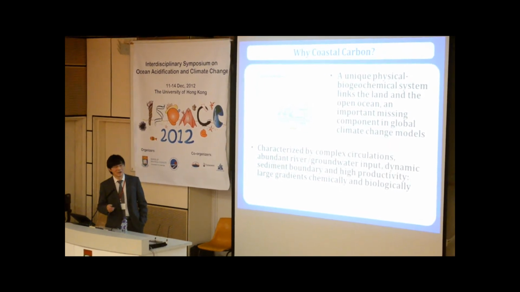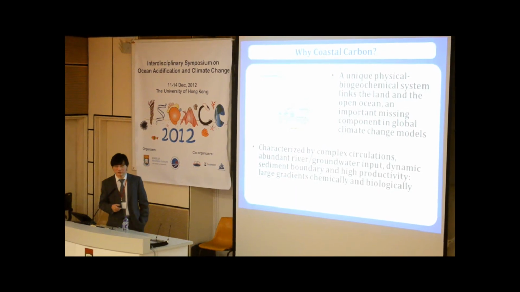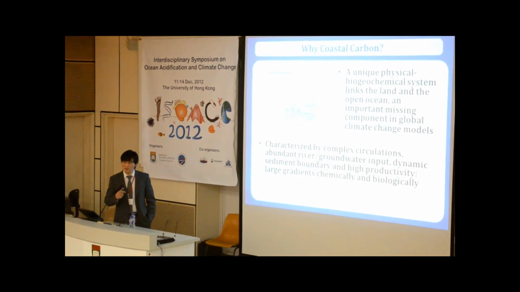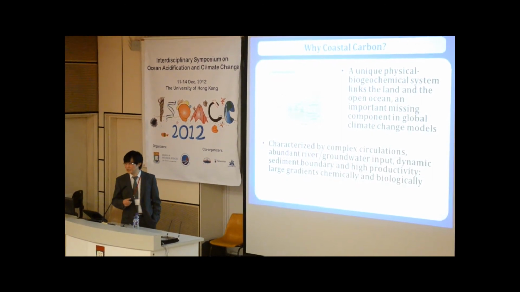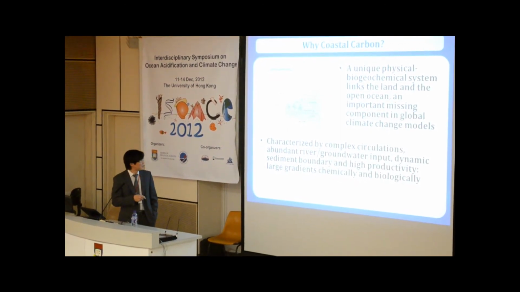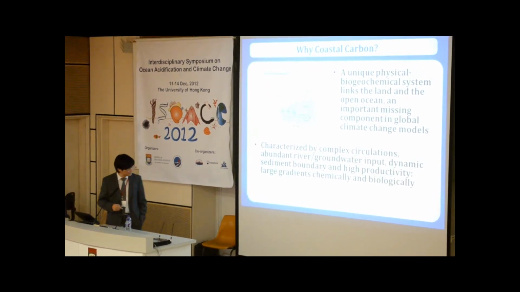Biogeochemical, biological, and chemical, and the geochemical system links the land and open ocean. If you look at the global climate system model, these components are actually very hard to include. At the same time, this is the coastal ocean, characterized by very complex